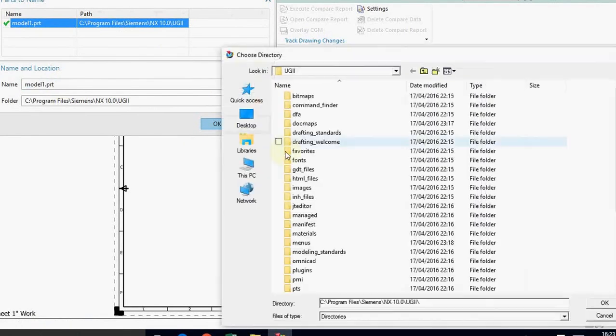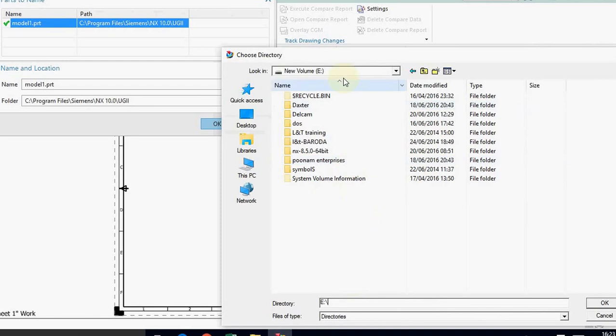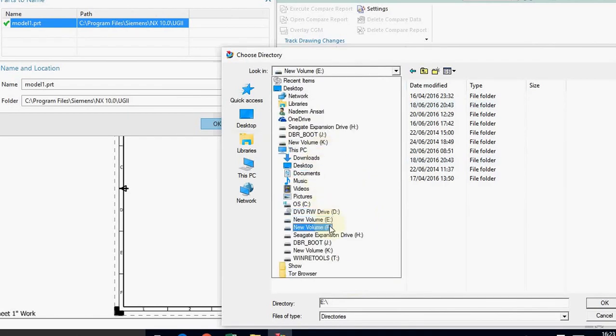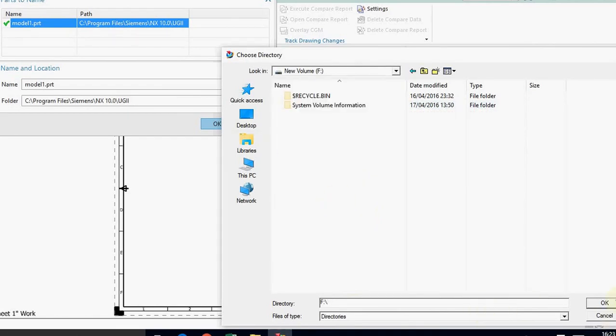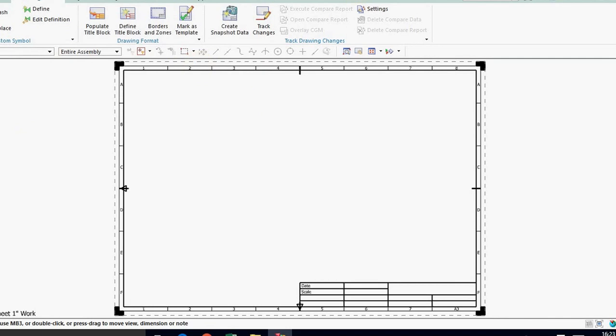I will be saving it at a location which is more easily accessible to me, and giving it a name. For example, I am keeping it as my temp 1. Okay, so this is done. I am done with the UG file now. Now all I have to do is define this file as a part of my template. Where can I do that? I have to do it